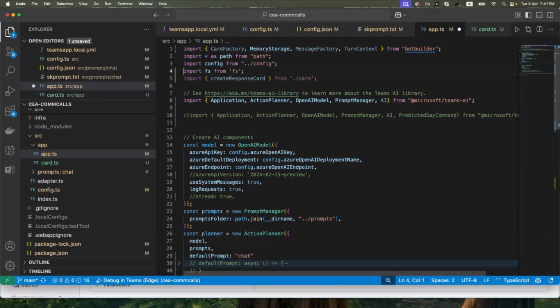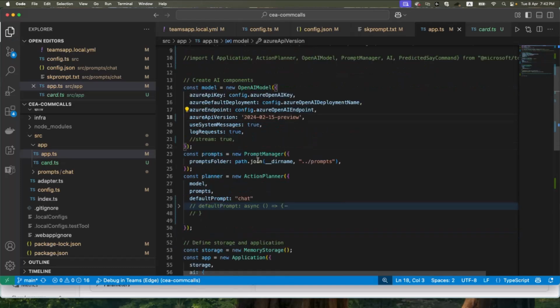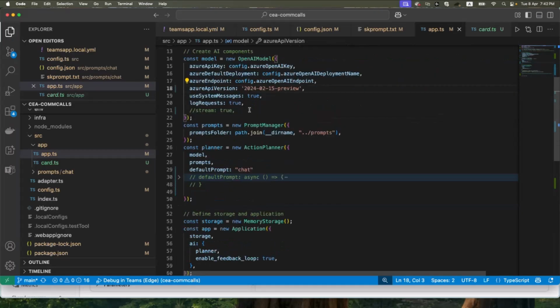First, we need to add FS. I've already installed FS, and we are going to use that just to make sure that we are able to use our configuration and basically the environment variables we've just added, the four of them, as you remember. Next, we need to add the Azure API version to make this example work with the relevant version. And by the way, you'll be able to find all these steps in our labs too. I'm just making sure that we don't lose any time, so I'm moving a bit quickly.